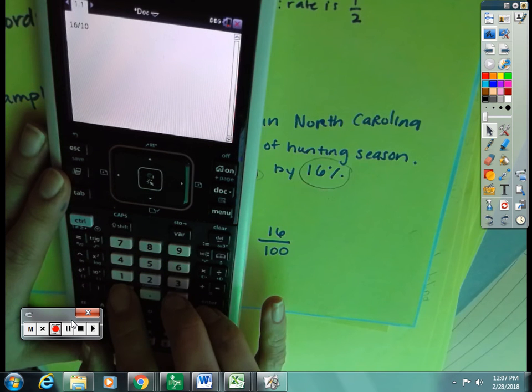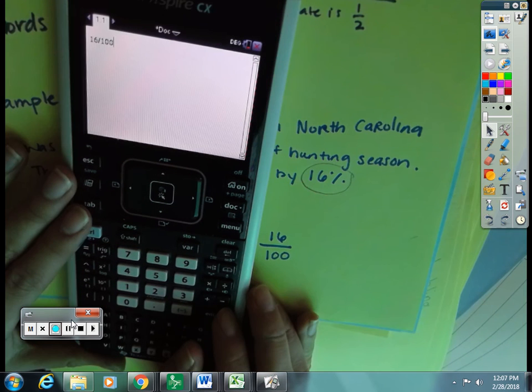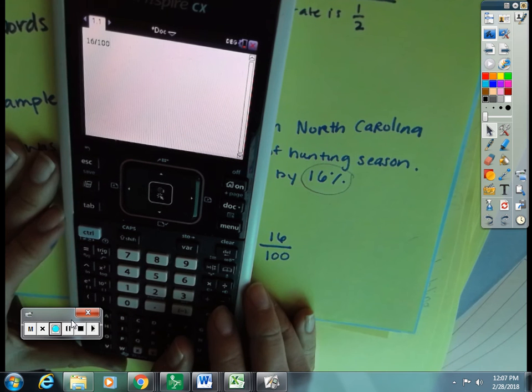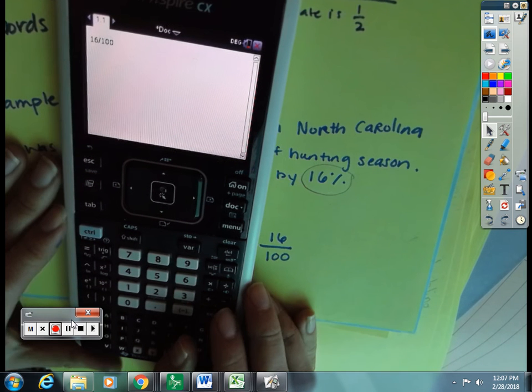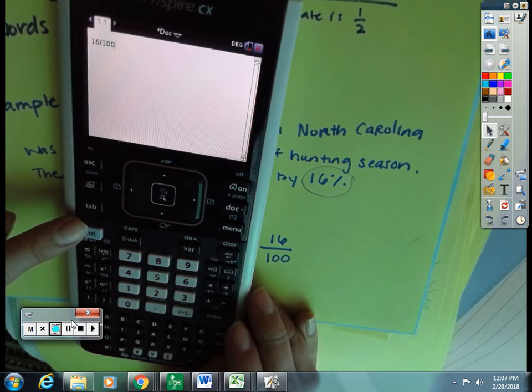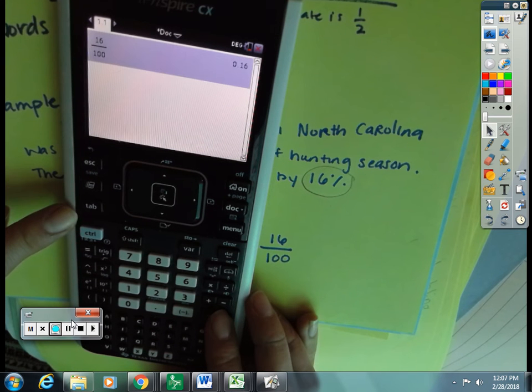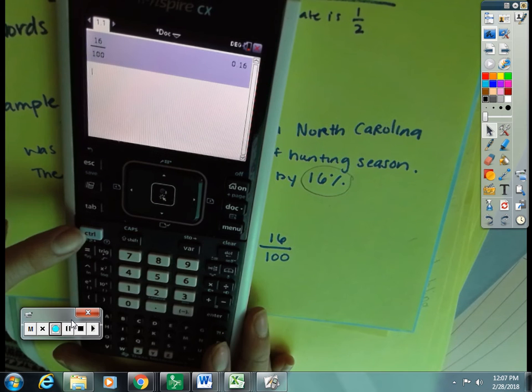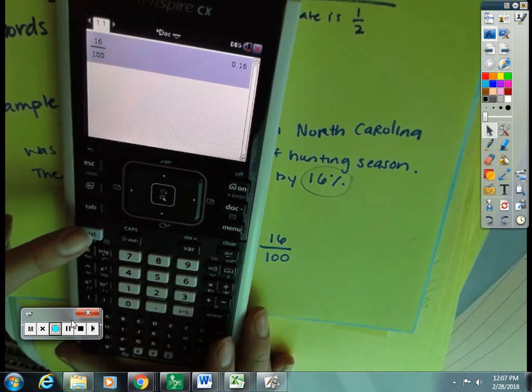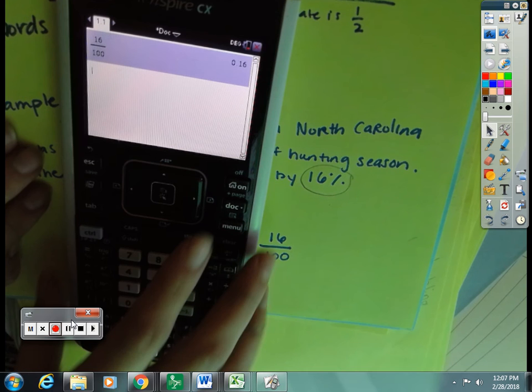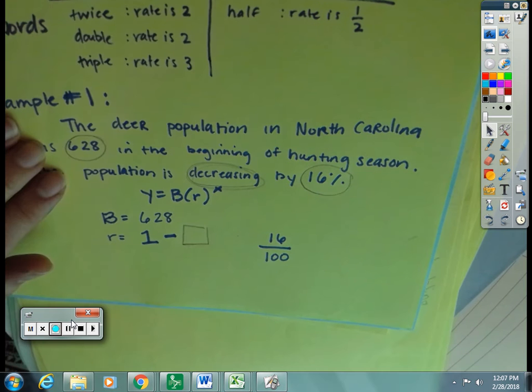Okay? Now, this needs to be a decimal. This needs to be a decimal. So, you're going to press Control Enter, and then Enter. Control, Enter. Control is the yellow, in my case blue, then Enter. Alright, so the decimal, please write this down, is